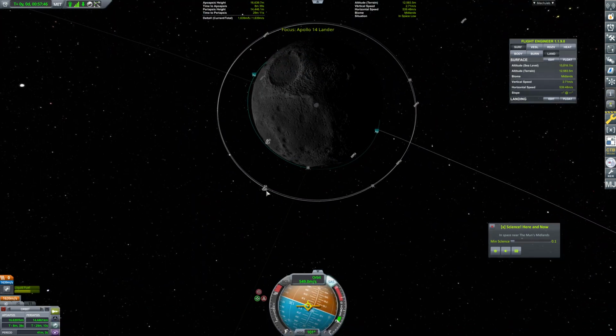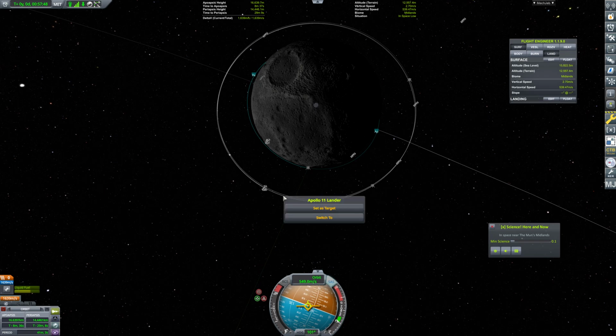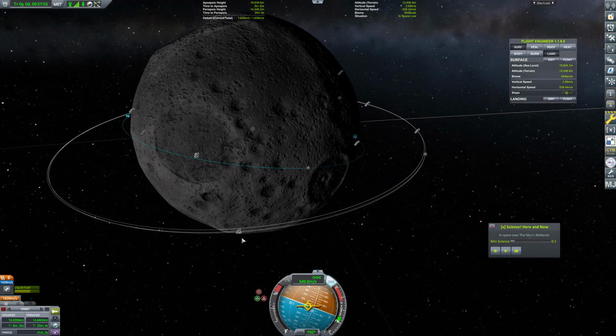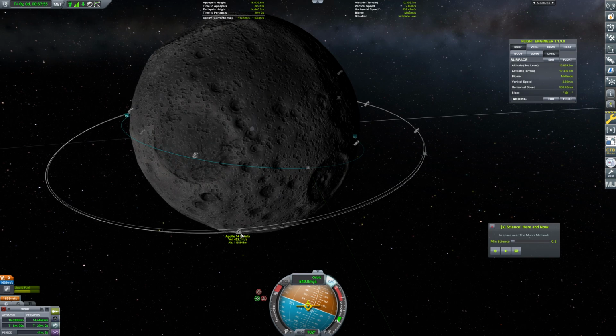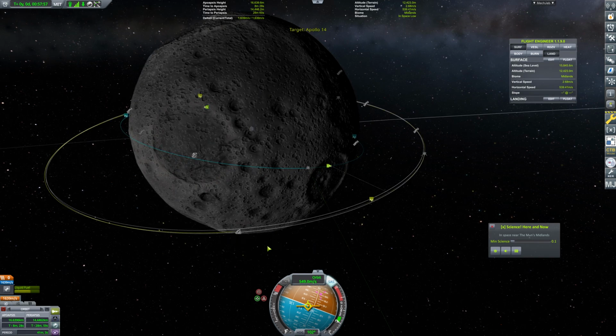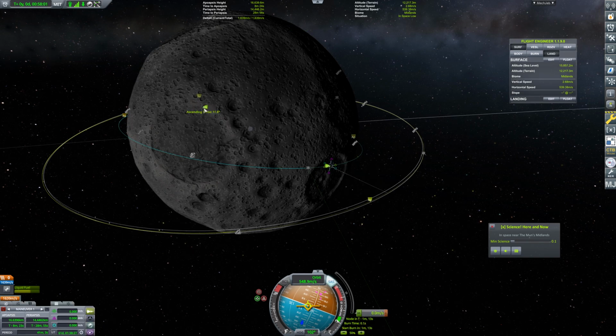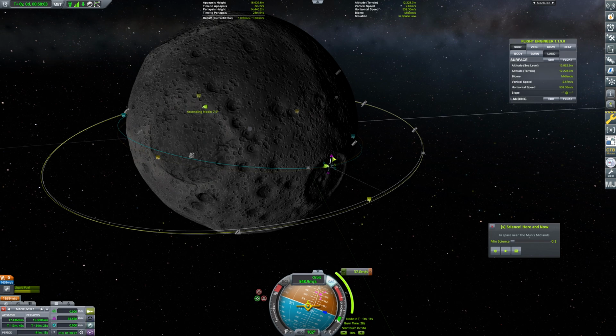So now we need to find ourselves, is this Apollo 14? Yes, it is. That's Apollo 11. All of these are in the same orbit. We need to do something about the amount of garbage we're creating in this orbit, but we certainly can set Apollo 14 as our target. The descending node's actually really close here. So we want to go this direction